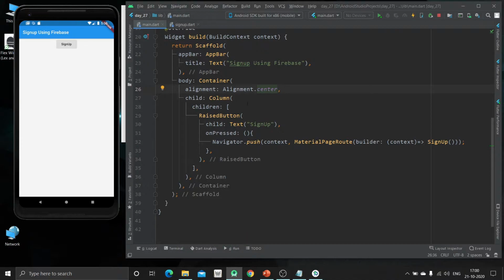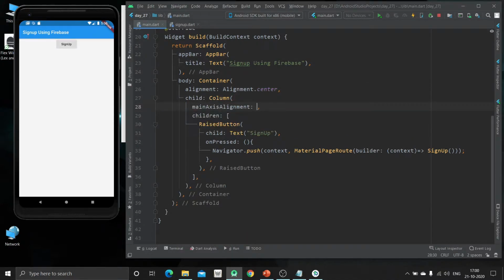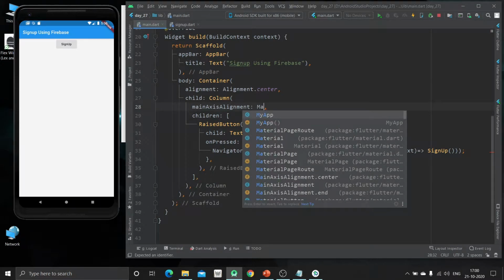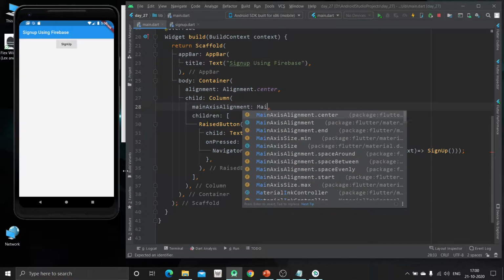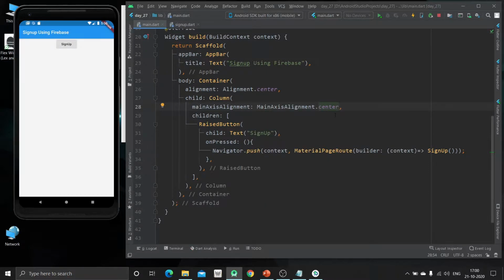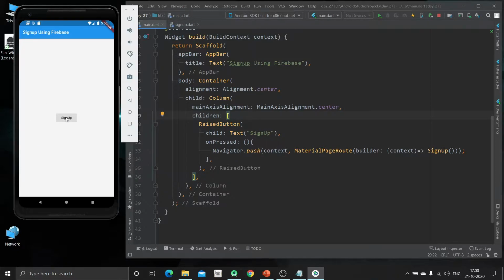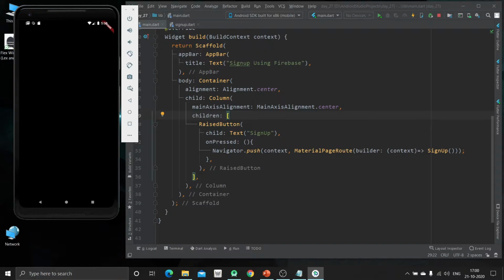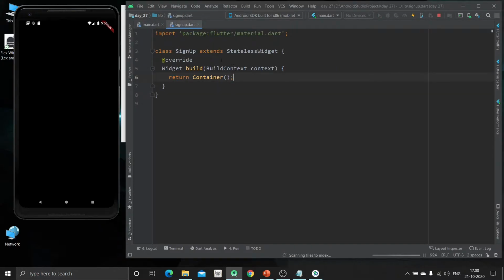Now the main axis alignment, for a column the main axis is vertical, so the main axis alignment should also be center. So here is the button. Now on clicking this button the sign up page will be called, that is, just click and this container will be called, which is this container.